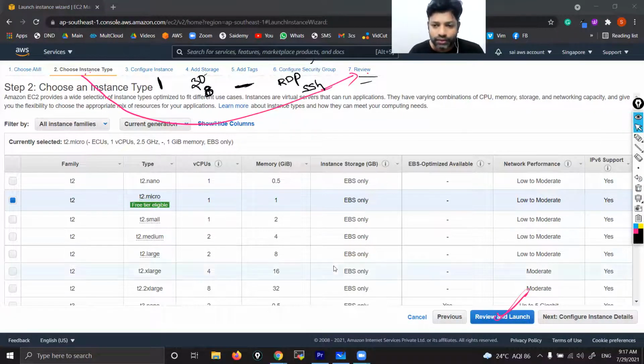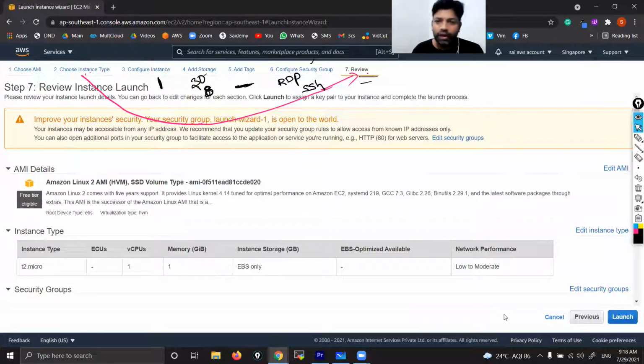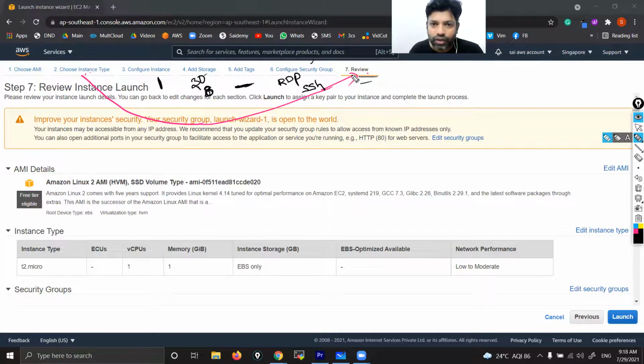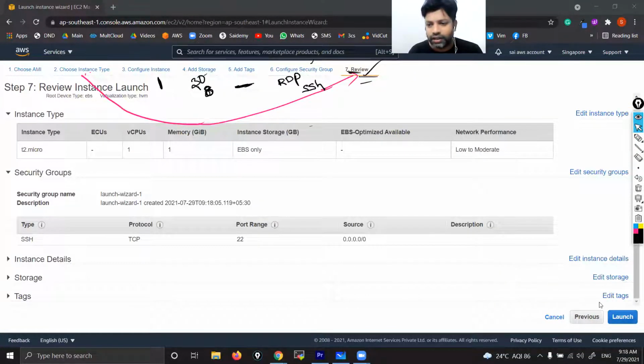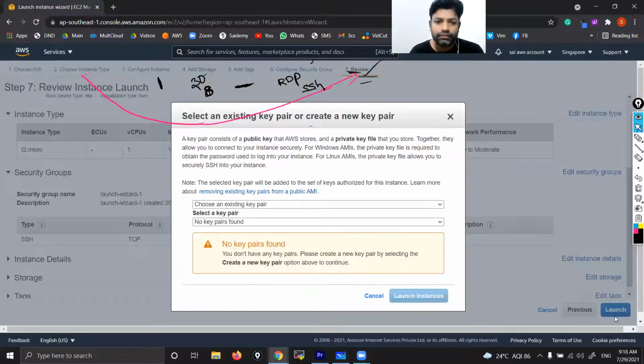So let's do it. Directly I'm going to select review and launch. Click here. Now verify. Where are you now? Right now you are at the review stage. Finally you verify all these things. Then click launch. And key pair: today I'll explain how to make use of an existing key pair.